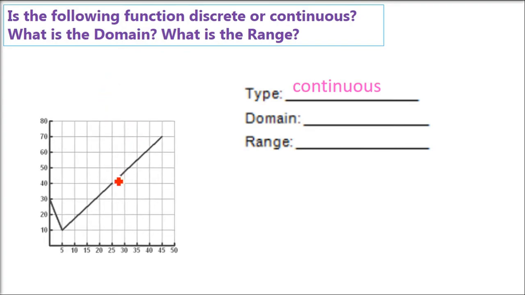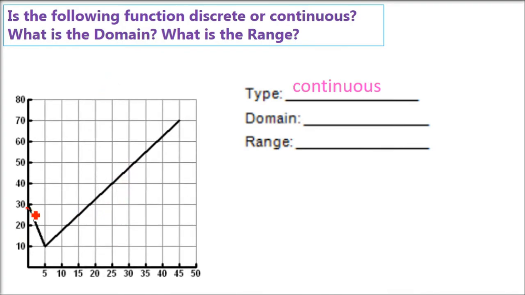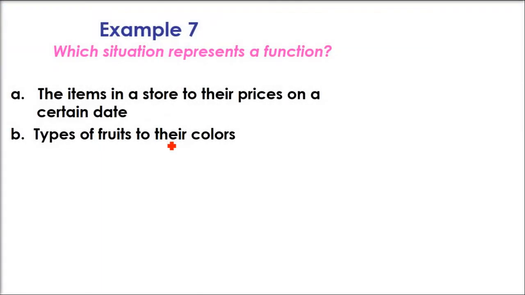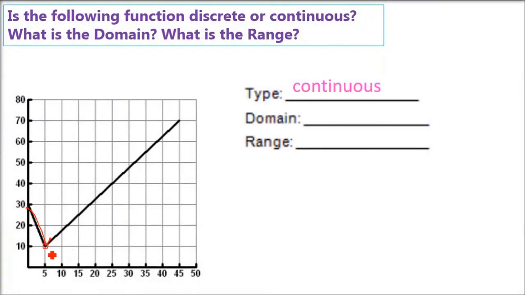Now I'm taking a function which is continuous. Why is this continuous? Because, though we have a sharp turn here, still it is a continuous function. What is the domain of this function? Domain is x values. Say this value. What is the x value? 0. Take any other one. This one. Say x value is 5. Take this one. X is 10. So you have to take the x coordinate value, that will be the domain, and